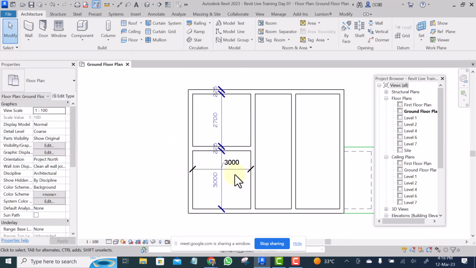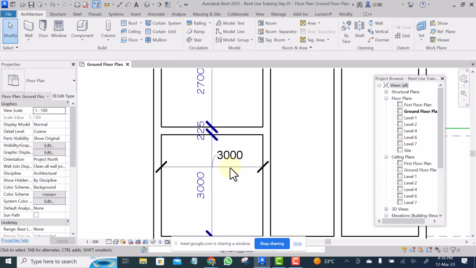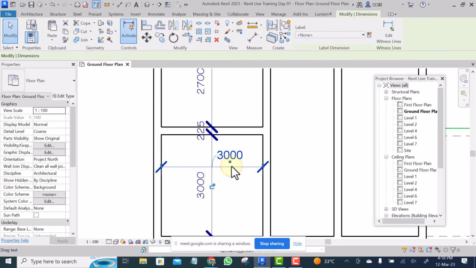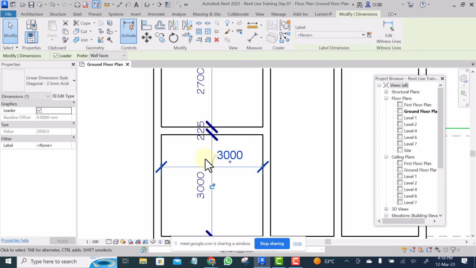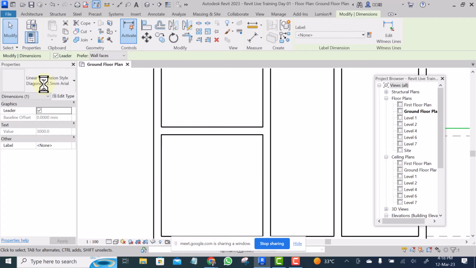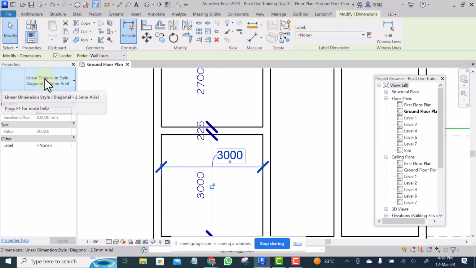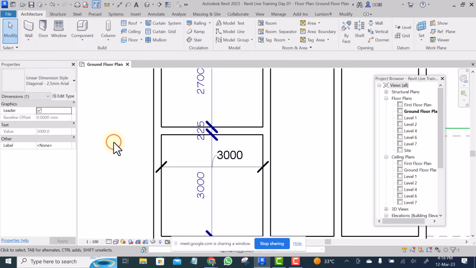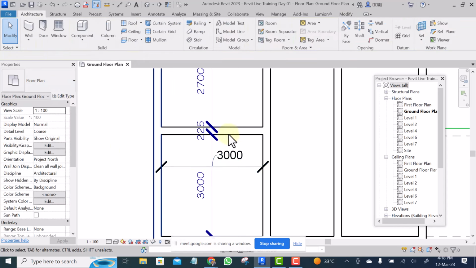The color has changed, and it is only this one that is not changing now, and that is because the name of this one is different. Can you see now that the name is different? That is why it does not respond to our changes. If you want it to be the same, you simply select it